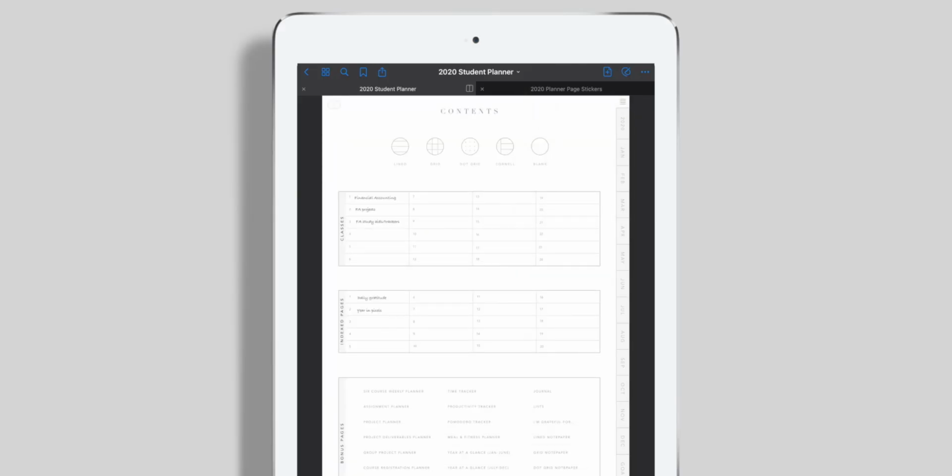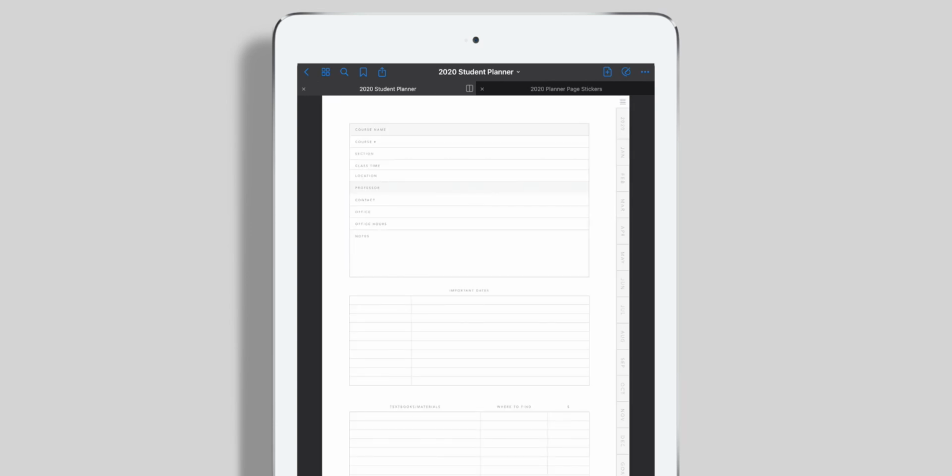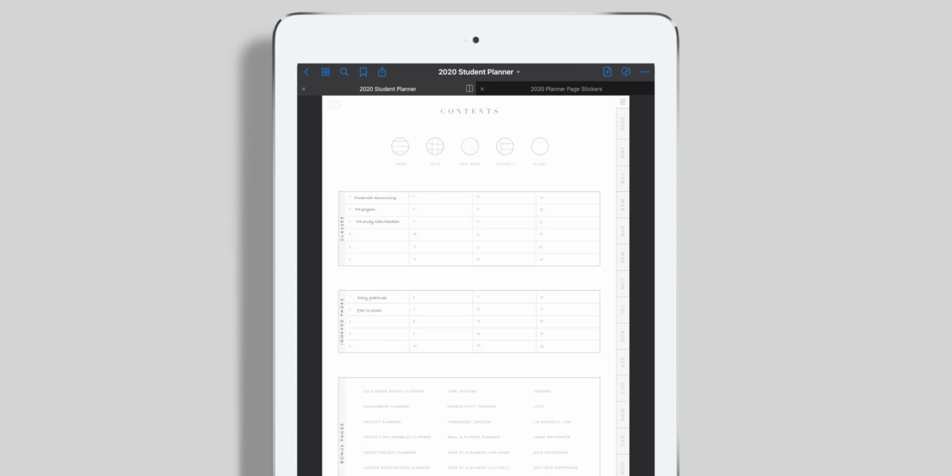There are up to 24 different sections that you can use for classes, and for each of these sections, you have a course overview page, a grade tracker, and a blank page for customizing. But 24 classes is a lot, so you don't have to limit each class to one section. For this example, I'm using my financial accounting class. This is not one of my best subjects, and there are also multiple individual and group projects for this class as well, so I dedicated one project solely to keeping those projects organized, and another section for study planners and time trackers to make sure that I'm dedicating enough time to studying this subject and also to make sure I'm